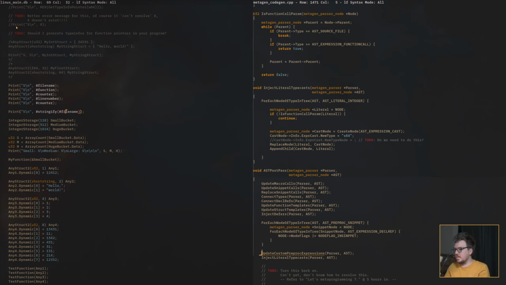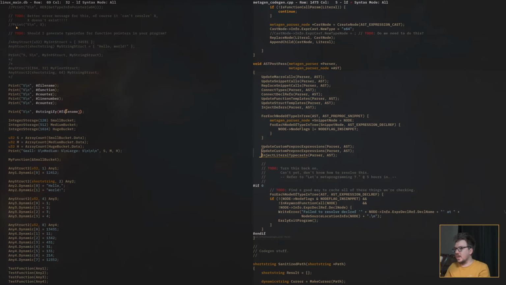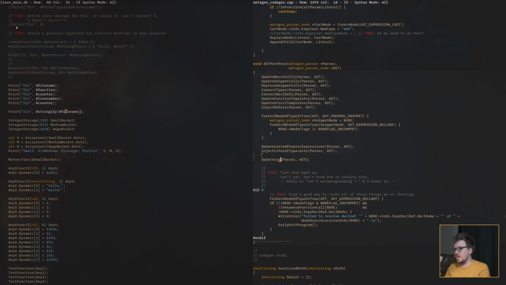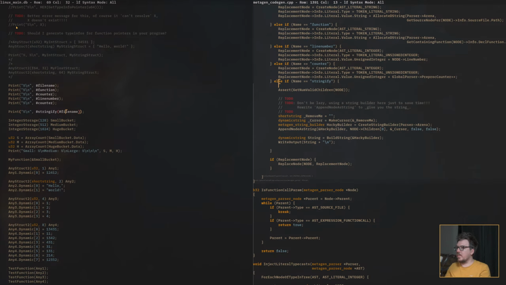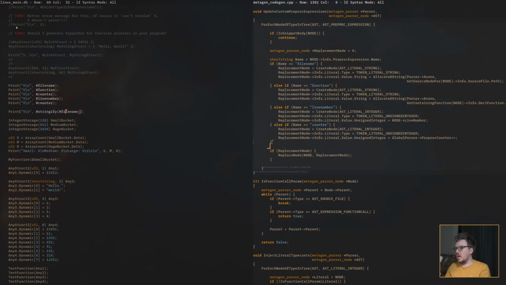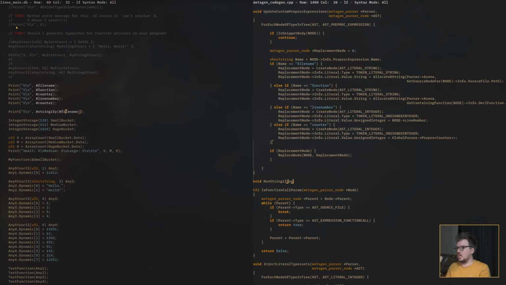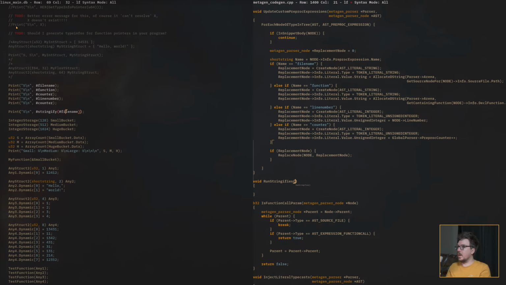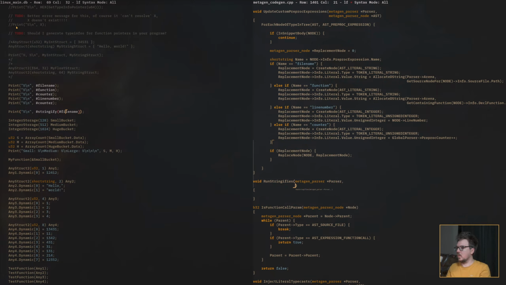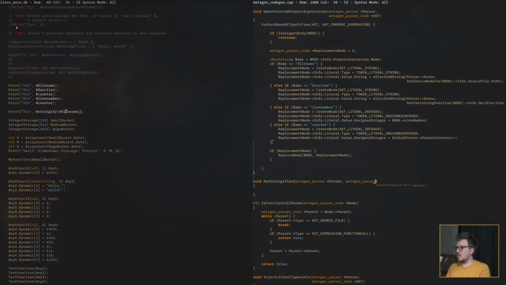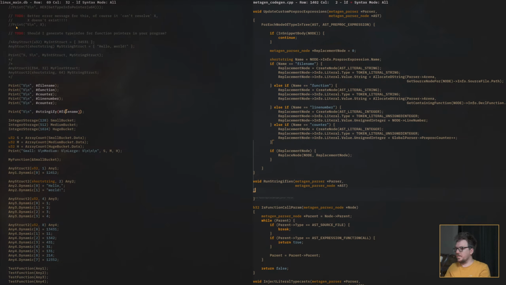So update custom. This needs to come literally after everything else. So update, we'll say run stringifies. This has to happen after everything has been expanded and we know we're in a good spot. So run stringifies, it will take the parser, it will take the AST, and we do this.